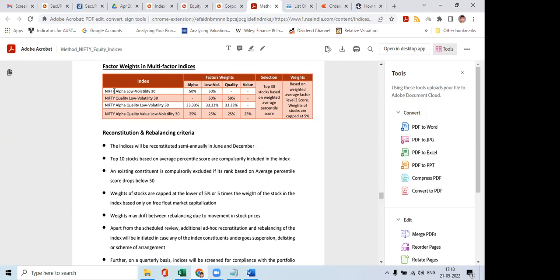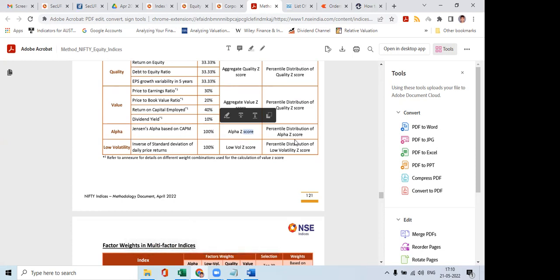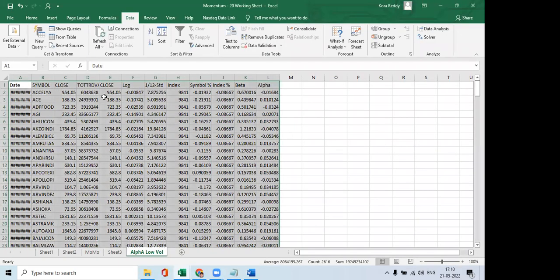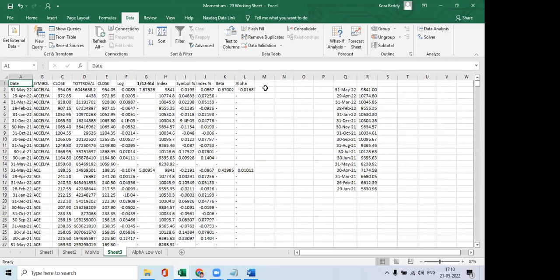Or you can do it like this: first alpha Z-score, then low vol Z-score, then percentile distribution of each. Either way, you have to calculate the Z-score. This is not yet done, so you have to go back here and calculate the Z-score of